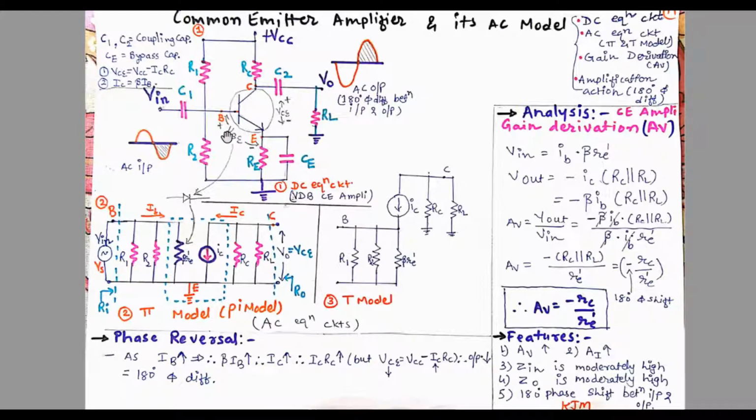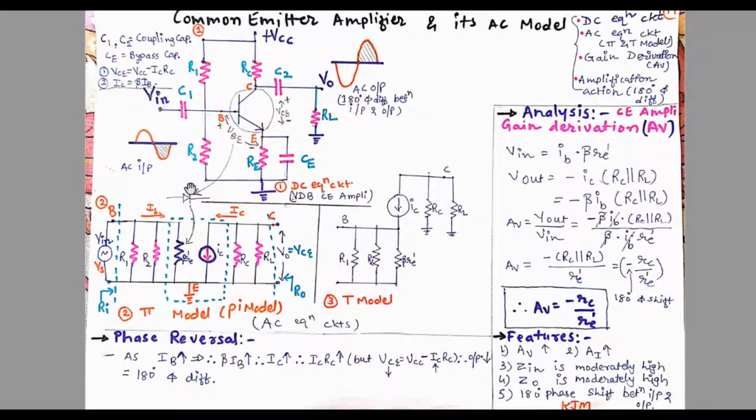Realize this circuit. This is input voltage drop. Actually, we will assume this input voltage drop as a diode, and diode at room temperature, its internal resistance, that is beta re dash. So in this first branch, we will show the beta re dash resistance, internal resistance of the diode for this input loop. Similarly, for this branch, in output loop, this is constant current source, IC.